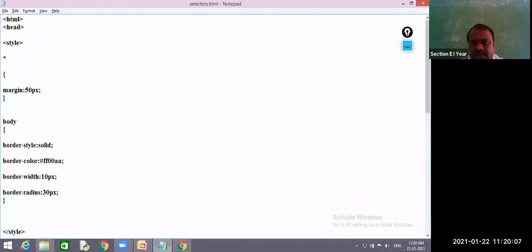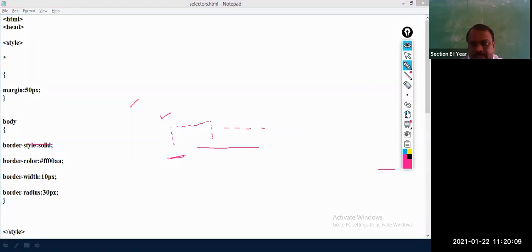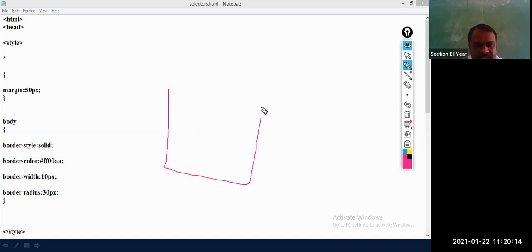See here, this is my margin. Initially it has displayed with edge. So 30 pixel means 30 will apply on these four sides. This 30 pixel will take from here to here, 30 pixel. In the y direction also, from here to here, 30 pixel.